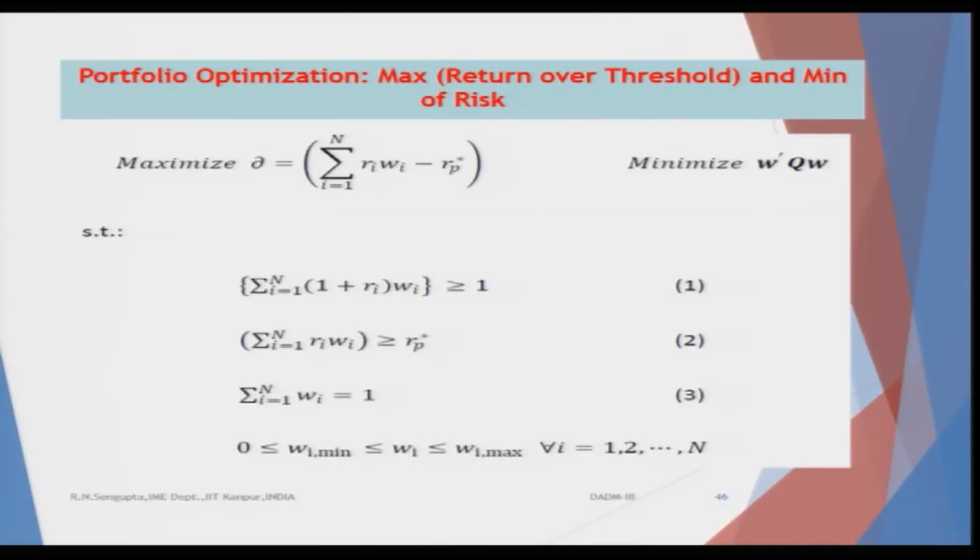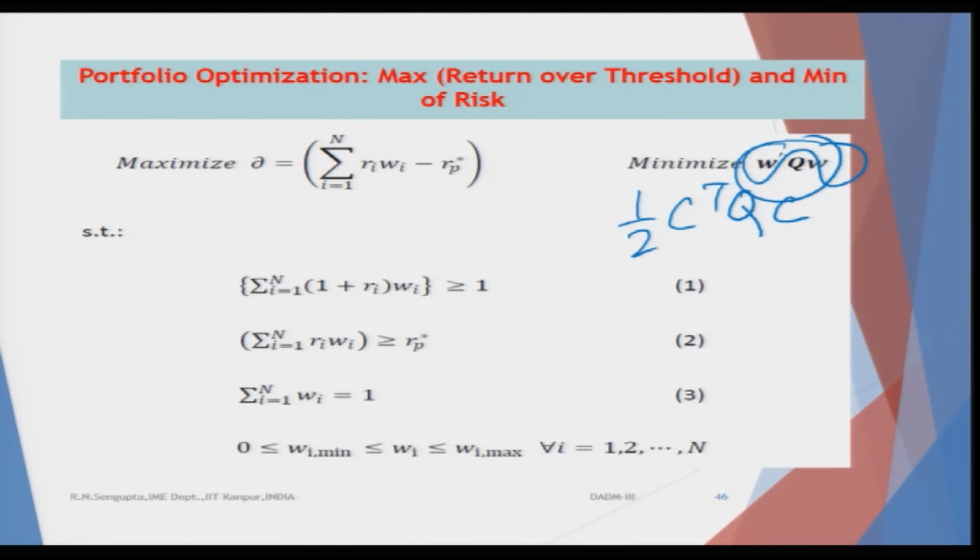The next value which I considered is basically the maximization of the return, or threshold value of the return, and minimization of the risk. Now, see here again the interesting part, this is exactly what we had seen earlier. This is the quadratic one. So, you have half C Q and N into C, which is basically C square. C is basically the weights, which are the one values here, and Q is basically the variance covariance matrix.